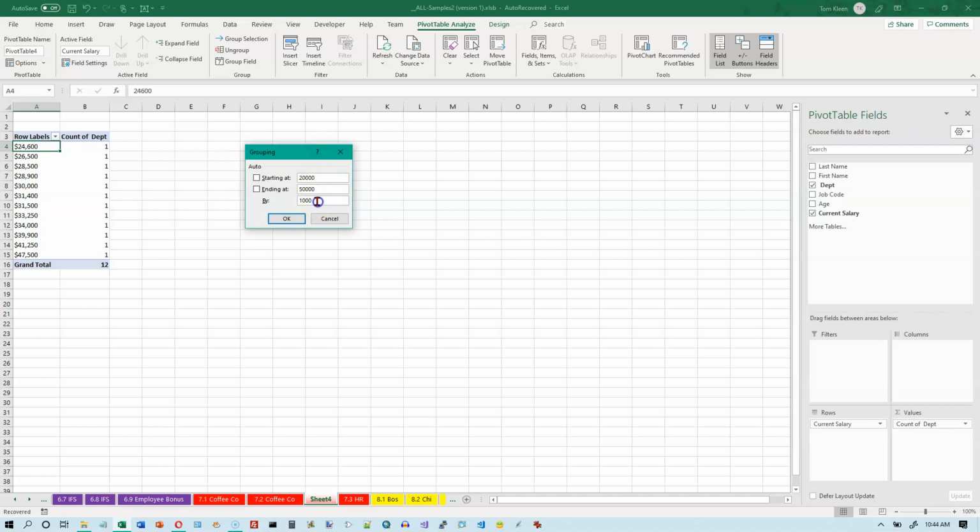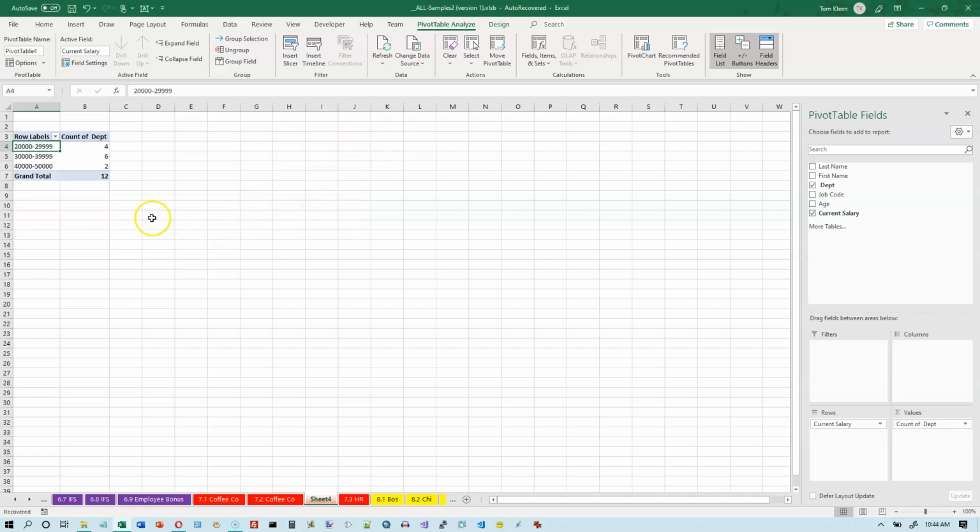And my default increment here is just guessing, and it guessed 1,000. I want 10,000, and let's click on OK. And if I do that, it now labels everything from 20,000 to 29,999. I've got 4 people in that salary range, 6 people in that salary range, and 2 people in that salary